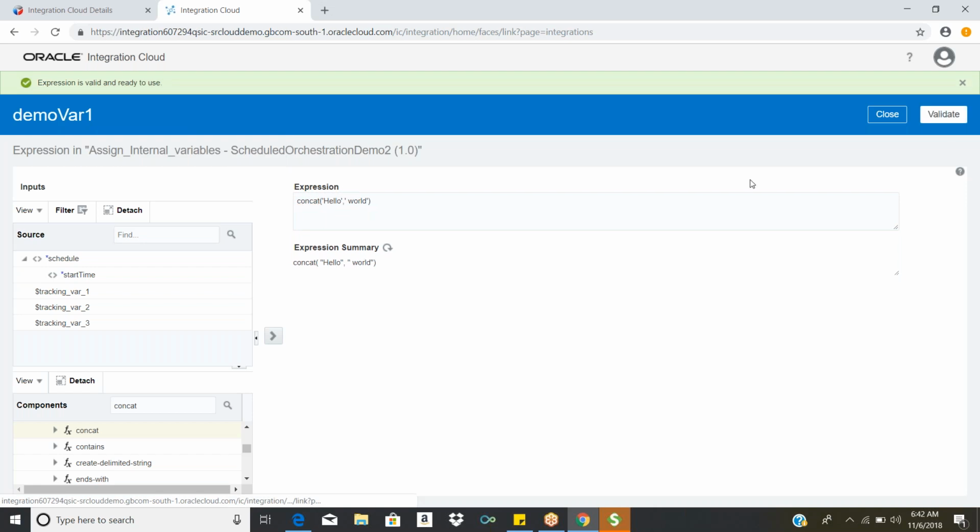When you write something in the expression builder, after that you can click on validate to check whether the expression is valid or not. In case it is invalid, it will give you an error message so that you can come back and correct the expression in the expression builder. That's one of the options in the assign activity. Yesterday we didn't discuss this option, I guess. So this is the option, validate.